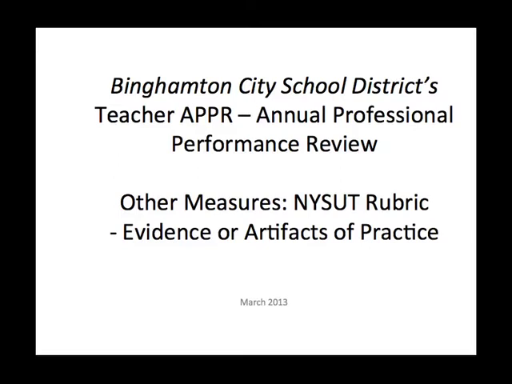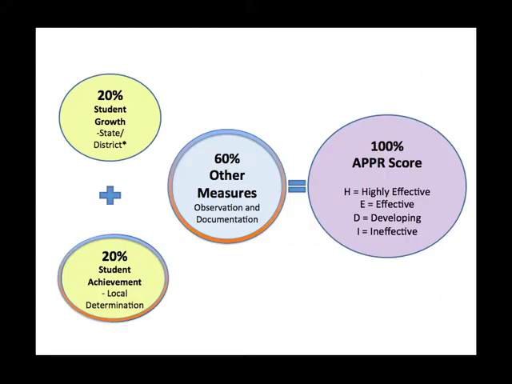The following information is in reference to the Binghamton City School District's Teacher Annual Professional Performance Review, or APPR plan, and the other measures component, specifically the NYSUT Rubric. Earlier this year, staff worked on creating goals around student growth and achievement. These two components, also known as Student Learning Objectives, or SLOs, make up 40%, or 40 points, of the overall APPR score. The NYSUT rubric is a component of the other measures, or 60%, 60 points of the overall APPR